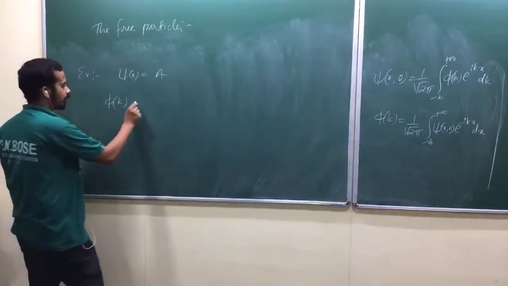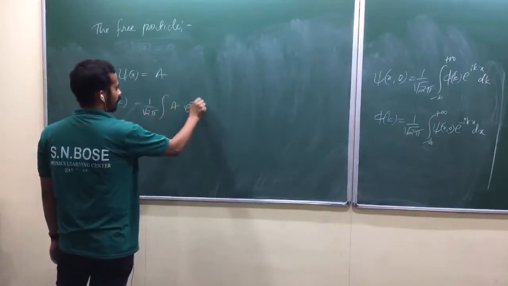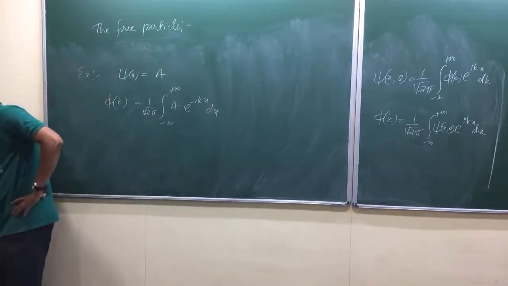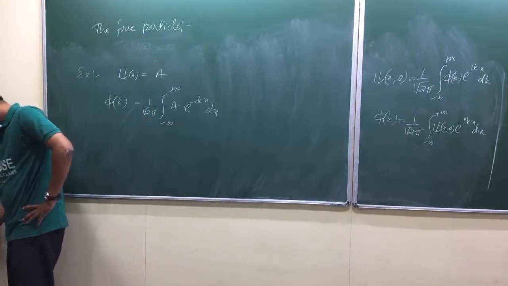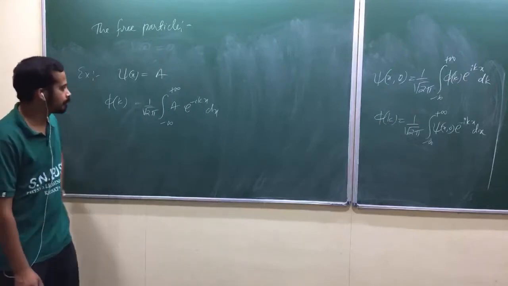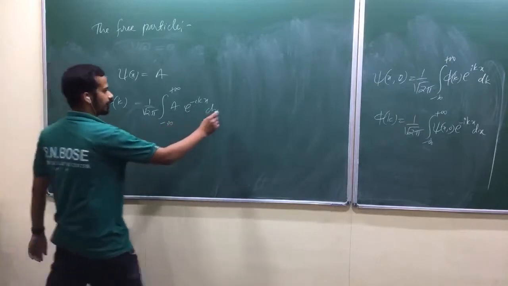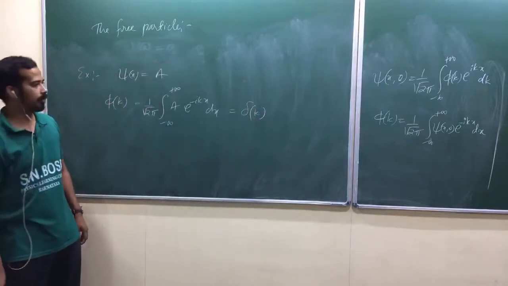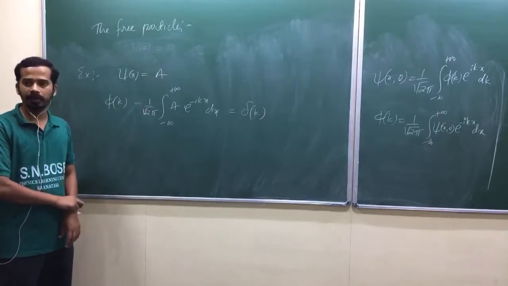What is phi of k? It is the integral of e power minus i kx dx, am I right? What is this? Any idea? This will actually be a Dirac delta. I told you to note down one problem over there, isn't it? Wait a second, let me talk about this, okay? This will be a Dirac delta.